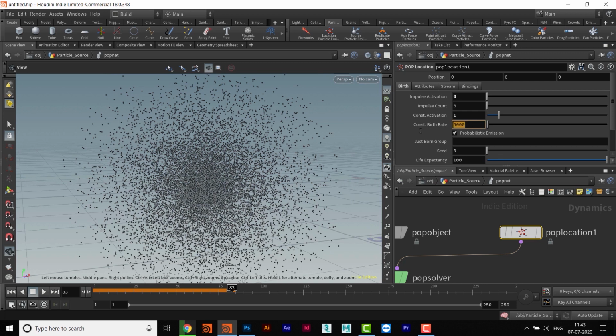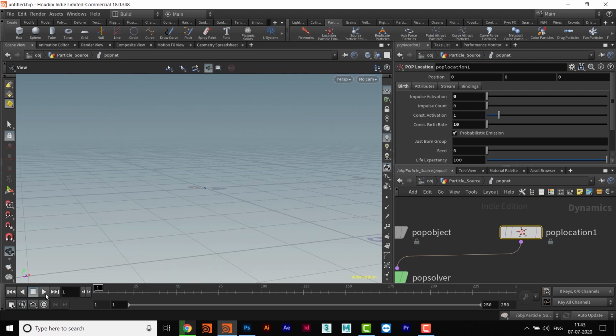So we can keep this value at maybe 10 or something, and then within 25 frames we are going to get only 10 particles. Just play it and see. I have to switch on this real time toggle, and then we'll play it, and we can see how the particles are coming out. So in 1 second, 10 particles are coming out. So that is one situation, when you want the rate to be on a per second basis, then you will have to activate it.